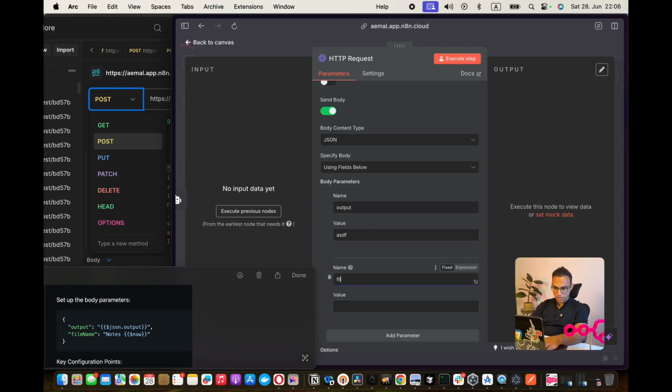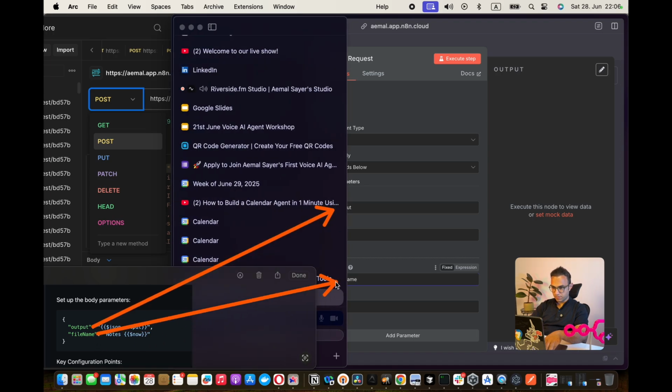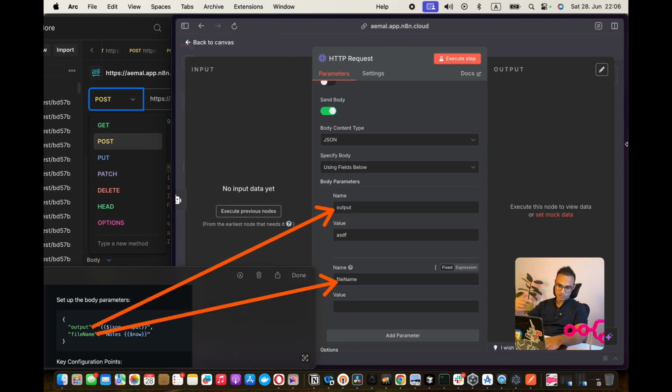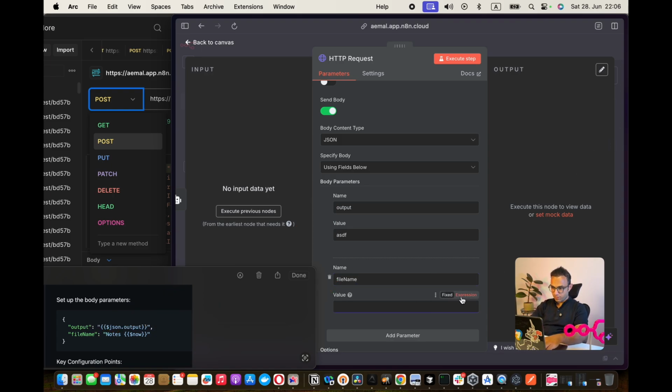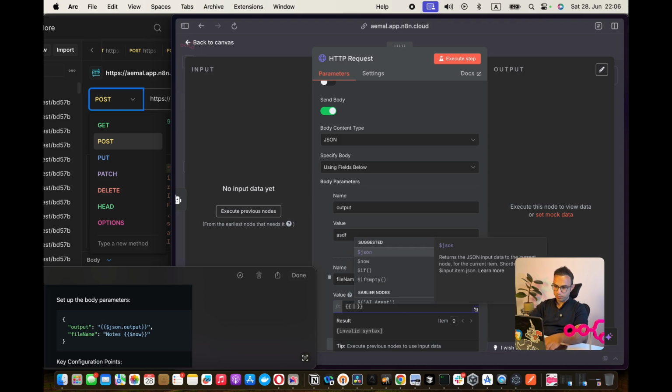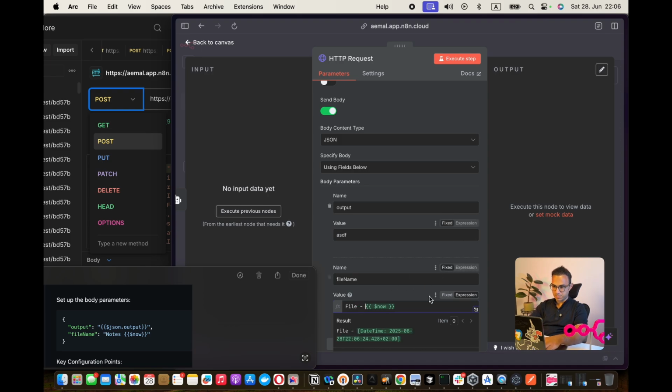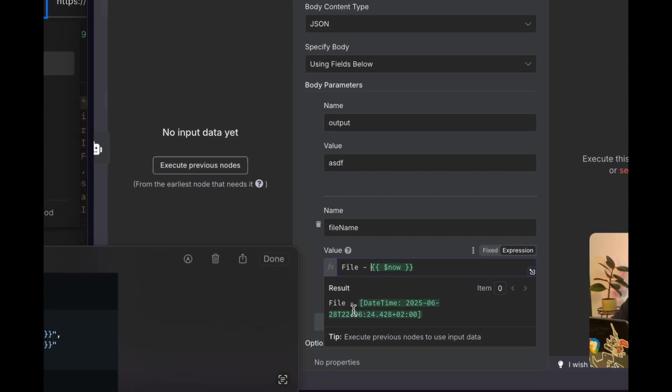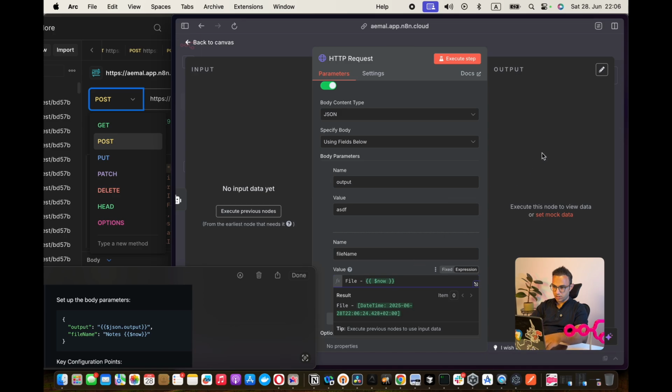And then the other one is called file name. Make sure that it is the same spelling. This is important because the piece of code that I wrote, that TypeScript, will look for these kind of file names. So for this one, the value will be something like, I will put these two signs. I'll just put file, and I'll put like file a timestamp. So the file and then some information to the timestamp.